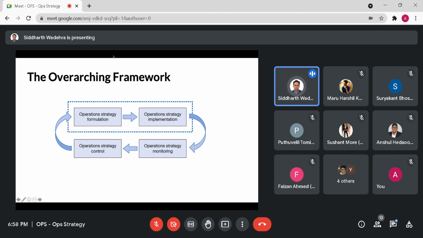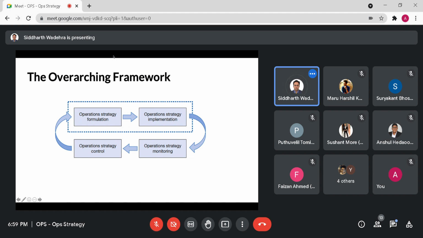Also, at a very early stage in your career, once you graduate, you might not become an operations strategy professional as such, unless you get into maybe consulting. But having these concepts at the back of your mind will help you with whichever role you choose to undertake within the larger plethora of operations roles as such.